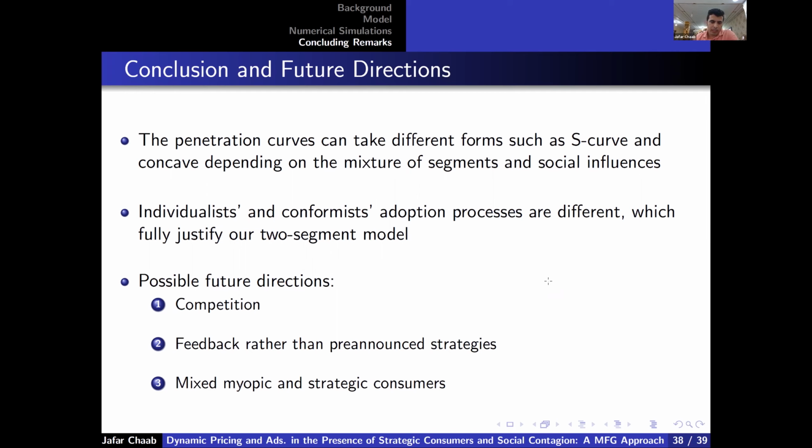For possible future directions in this literature, we usually have many studies that consider a monopoly for new product diffusion, so it might be interesting to consider competition in this context. We assume that we have pre-announced strategies, so one can look at feedback strategies, but it could be challenging given the complexity of the model. One can also think of mixed myopic and strategic consumers, and see how different market compositions are going to affect the